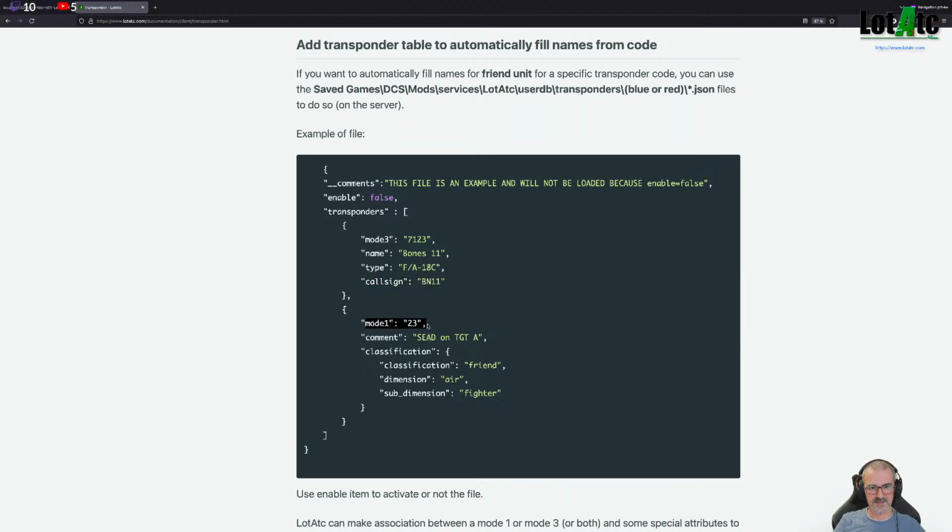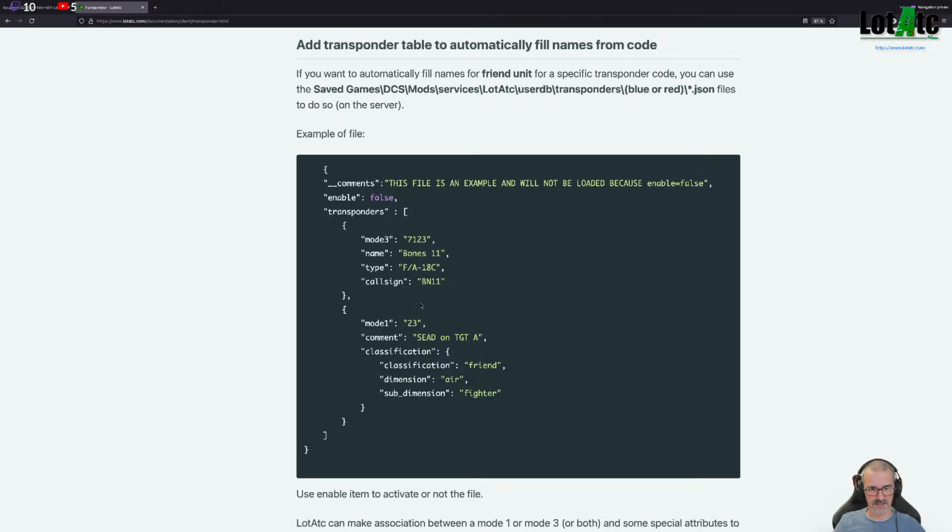If the Mode 1 is 2, 3, add a comment on the unit and change its classification. So you can have complex files with a lot of entries, a lot of files. You can have multiple files, for example one for the names and one for all the Mode 1. And it helps you